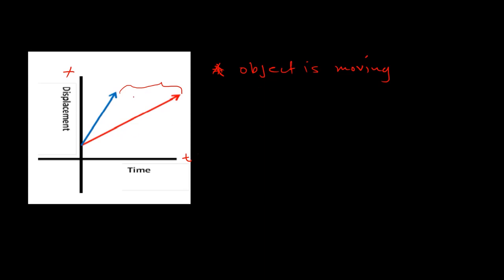But when you look at the orientation of the lines, the blue one is steeper than the red one. That means the steepness of the line is associated with the rate of the speed, or shall we say velocity,